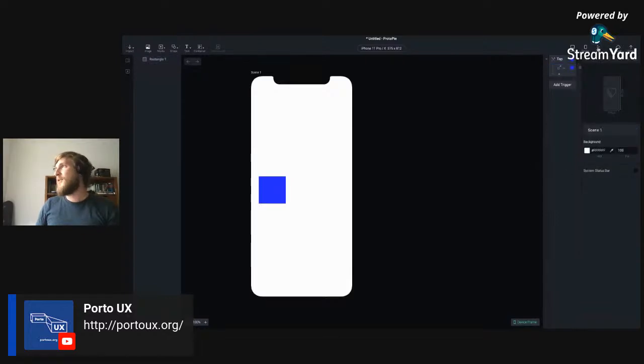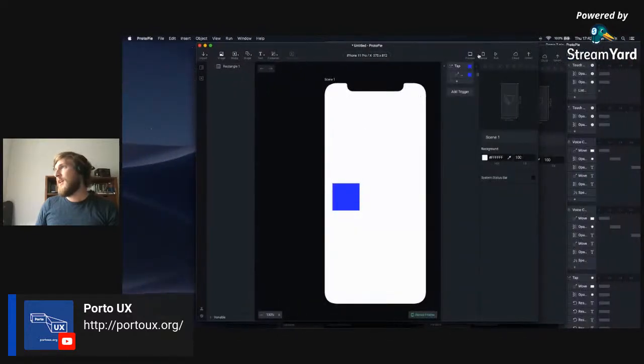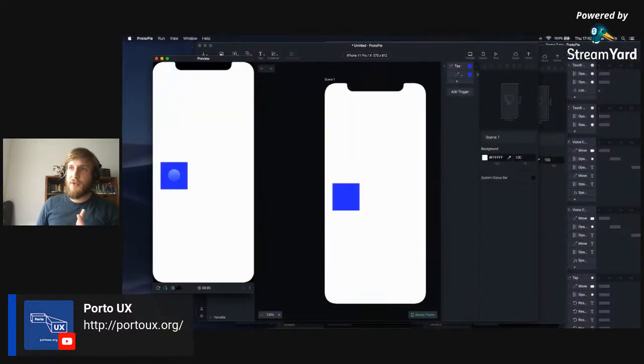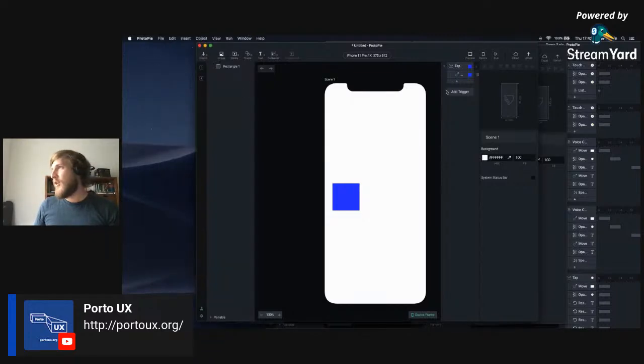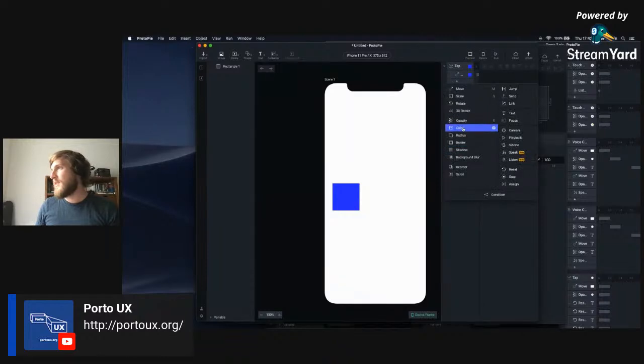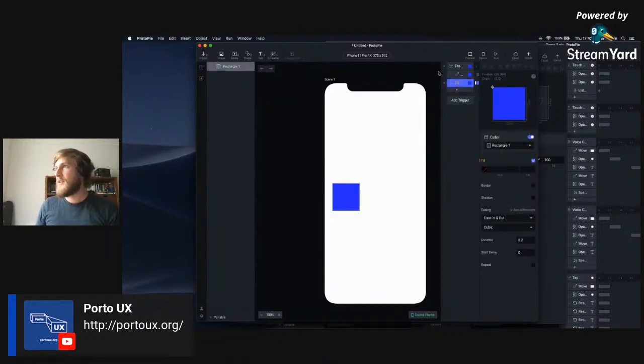Now, if you preview this, then you can already try that pretty much. So now I tap on it, it moves. Great. It's not all so interesting, so let's also change the color, let's say, so you can have pretty much